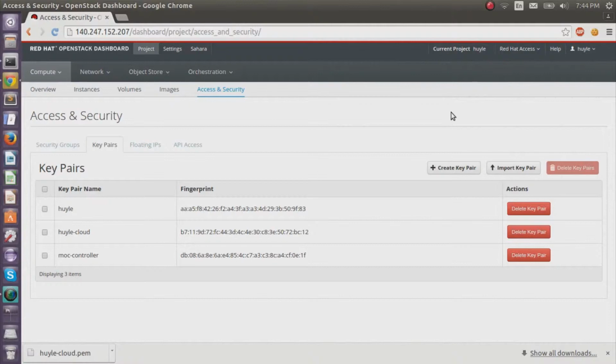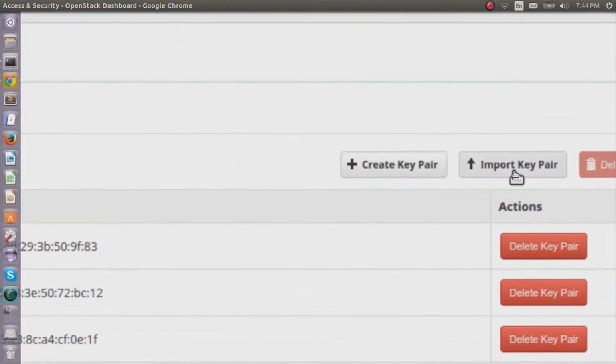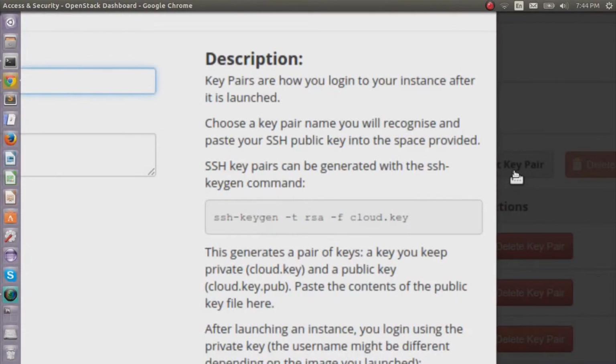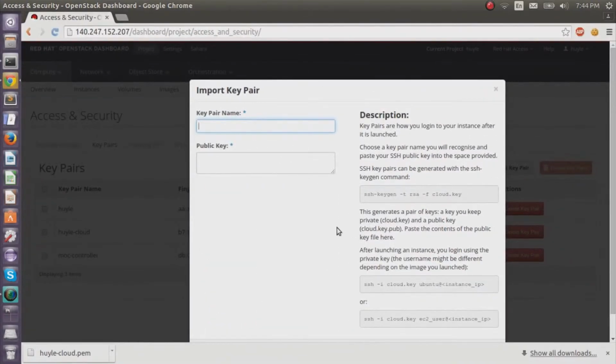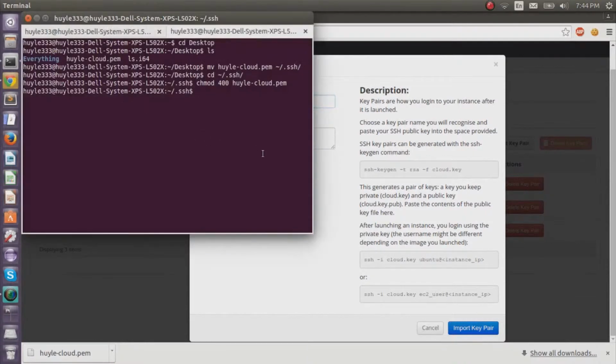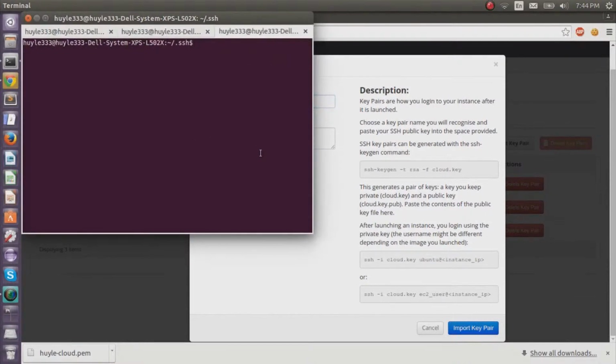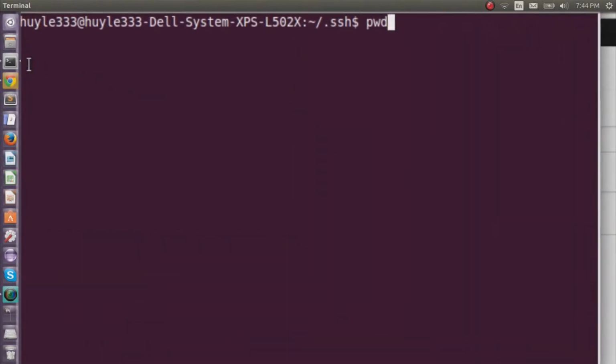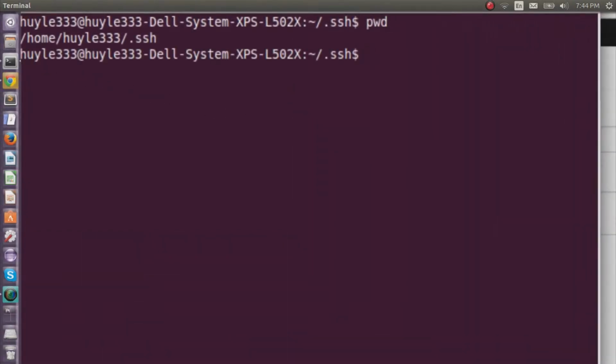Alternatively, you have the option of importing a pre-existing key pair. If you go underneath Access and Security and hit the button for Import Key Pair, it gives you some instructions on the right side in which we'll walk you through. Open a new terminal, and you can generate this key pair on your computer. Type in the following command: